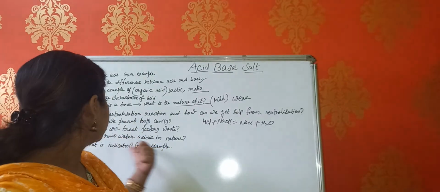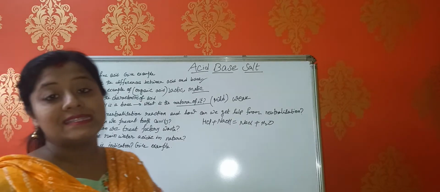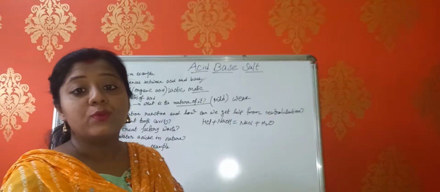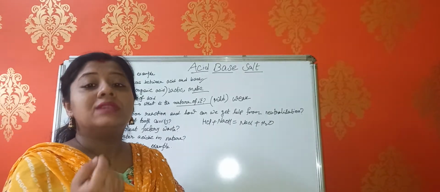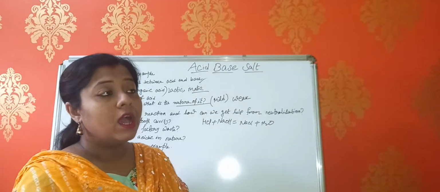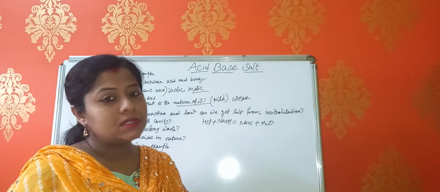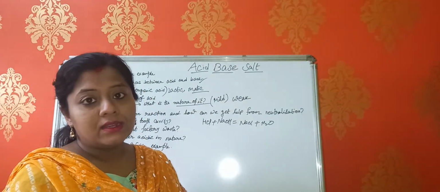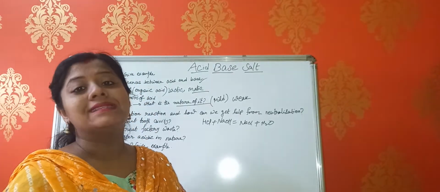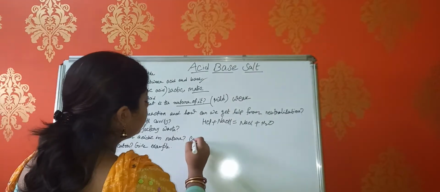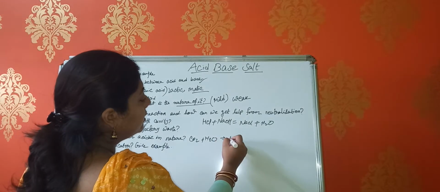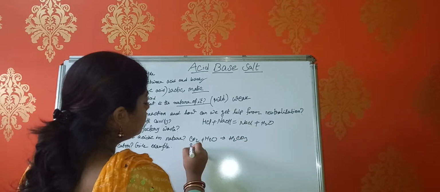Okay. Next one is, why is rainwater acidic in nature? Because in our atmosphere we have carbon dioxide, sulfur dioxide, nitric oxide, nitrous oxide. These oxides are acidic in nature because they are non-metallic oxides, and non-metallic oxides are acidic. So when they react with water, it will give you carbonic acid,